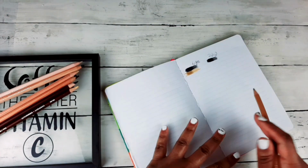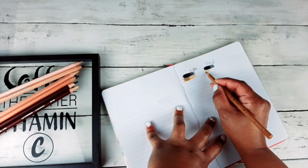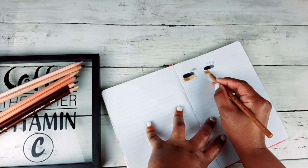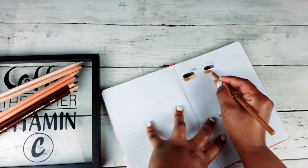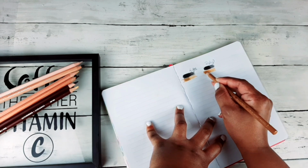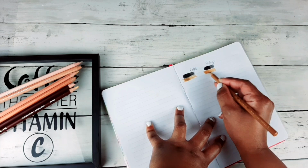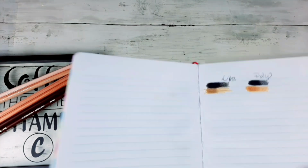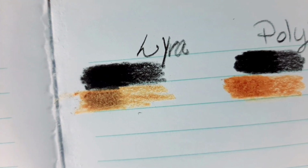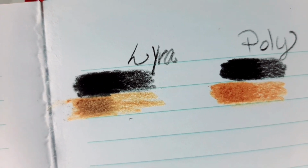All right, now let's color with the brown ochre. Those both are the exact same color names. Pretty cool, huh? And pretty much looks like the exact same color. Now you hear that stop? It's almost like that's the sound that a color pencil makes when it's not accepting any more layers. It has stopped accepting layers. So there's the brown ochre, not really the exact same color, but they're very similar. But you see the color lay down